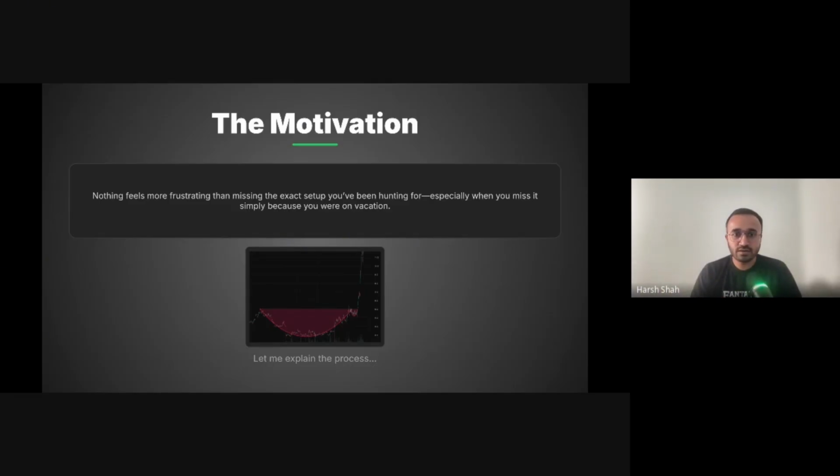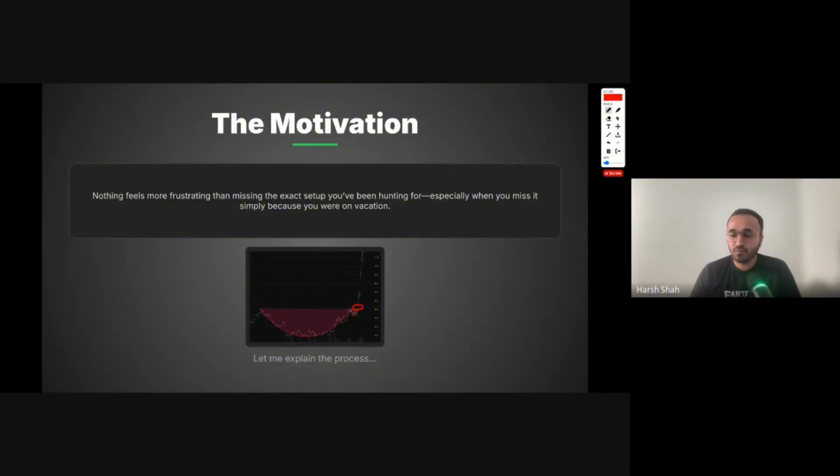The chart that we look at here is Intel, and I knew this setup. This is a classic cup and handle pattern. When it broke out right here, I was traveling and I was not monitoring the setup. Once it started to explode, it ran from around 60 to around 130 or 140 in a matter of a month. That got me thinking, there will be occasions where I'll be traveling. There will be occasions where I'll not have time to look at the chart each and every time. This was Intel. It happened with Gold. It happened with Microsoft. It happened with Amazon. So what can I do to improve the process, at least for me?